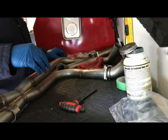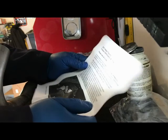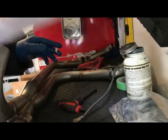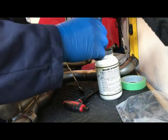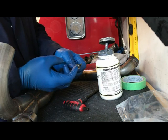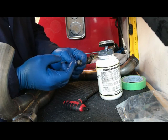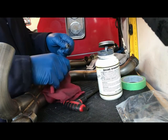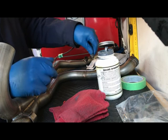Now we do the O2 sensors. According to the instructions, it says install the black O2 sensor to the rear cylinder and the gray to the front, which is what we remembered from when we took it apart. With a little anti-seize on it. Just get a little bit. I just want to put it on the threads. Nothing else. So the rear pipe, the black sensor,